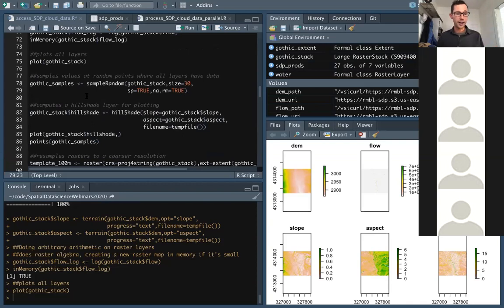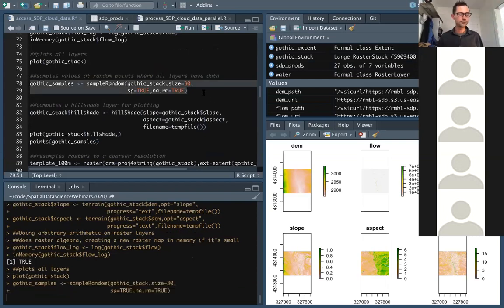But before I do that, I just want to sample this stack of rasters at a bunch of points. And so I'm going to create random points using a function called sampleRandom. And that's just going to take a random sample of cells and give it back to me as a data frame, as a spreadsheet style data set. And I'm going to name that Gothic samples. And it'll take a little bit of time. But now I've got